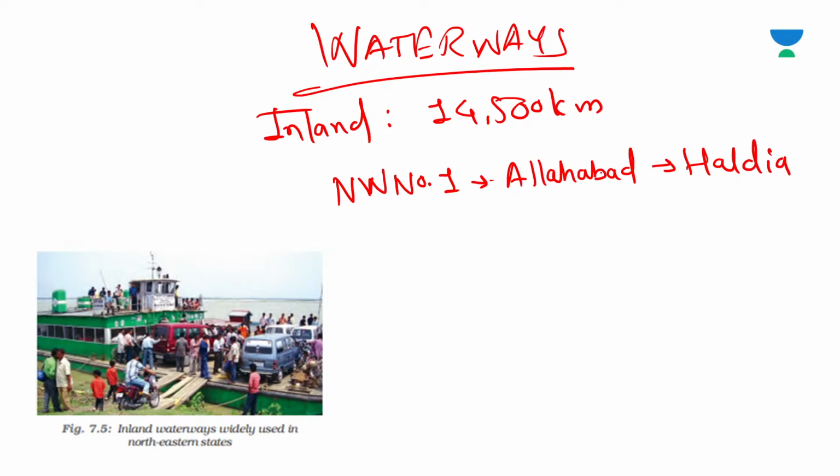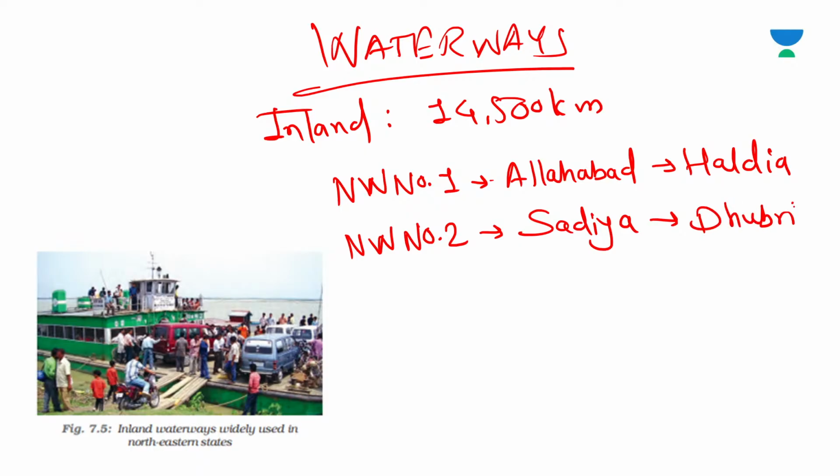which is on Ganga River, then on Brahmaputra River, that is National Waterway number 2, between Sadia to Dhubri, then National Waterway number 3, which is the West Coast Canal in Kerala, that is Kottapuram, Kollam to Udyogamandal and Champakara canals, yes, which is around